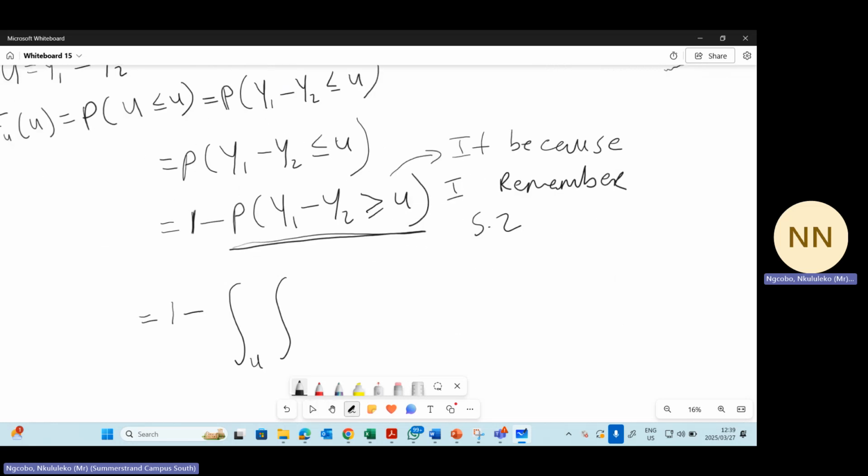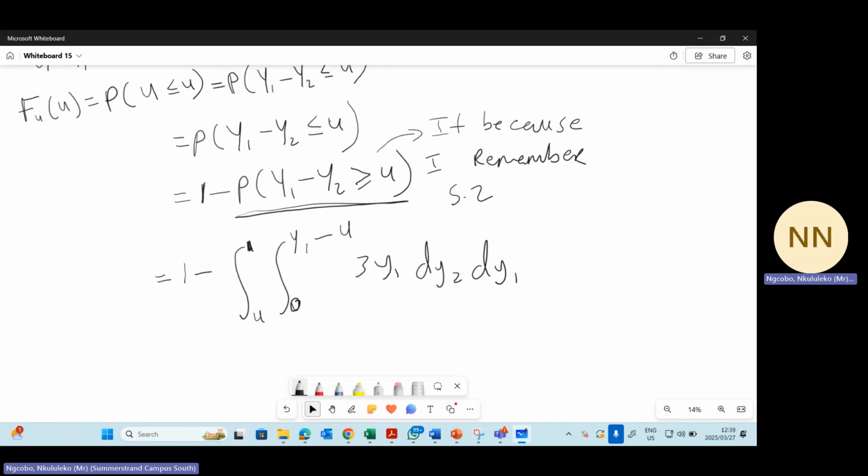So you're starting from 0 up until 1 again, like how you did in 5.2. Then for the interval of y2, you'll start from 0 to y1 minus